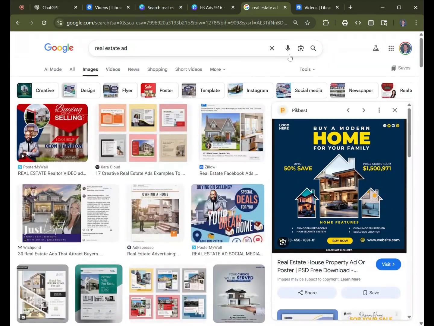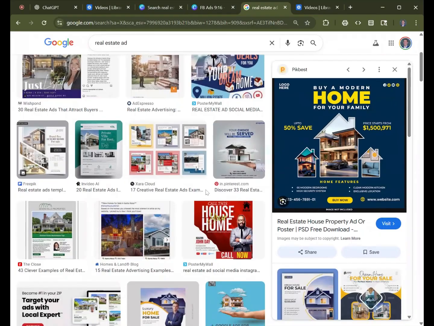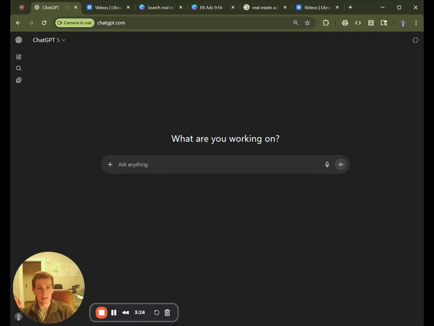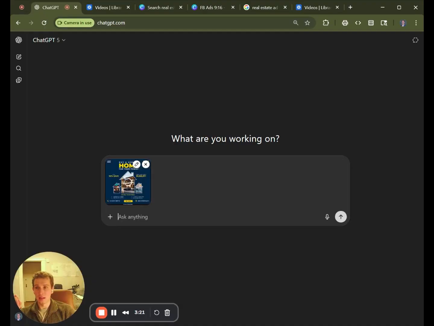So I just do a simple Google search here, real estate ad, yada yada. I look through a lot of these. This one's a free download that I'm using for the sake of this example. So what I'm going to do here is take this ad, copy the image, very simple. Go into ChatGPT, paste this image, right? I'm going to say